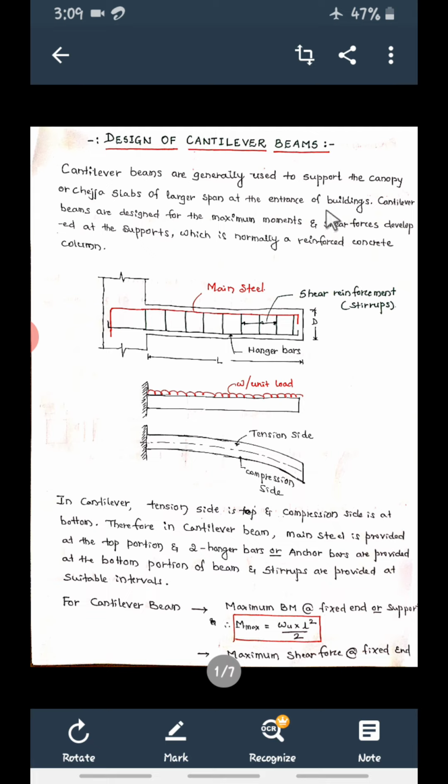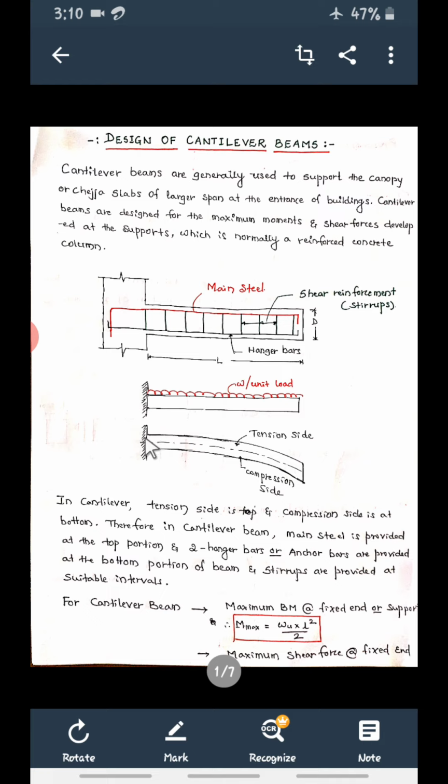This is important. Now see, when the load comes on this beam, this is the fixed end and this is the beam subjected to UDL. When this load comes, how does this beam bend? Here it is fixed, so it will not bend like this, but here it is the free end, so it is going to bend like this. So the bending shape will be like this. And one more important thing: the bending moment will be maximum at this point, and the shear force is also maximum at this point.